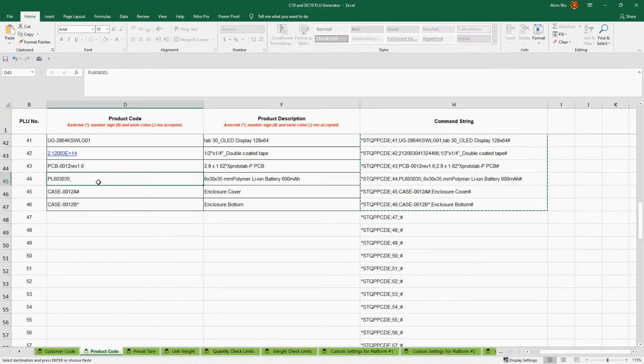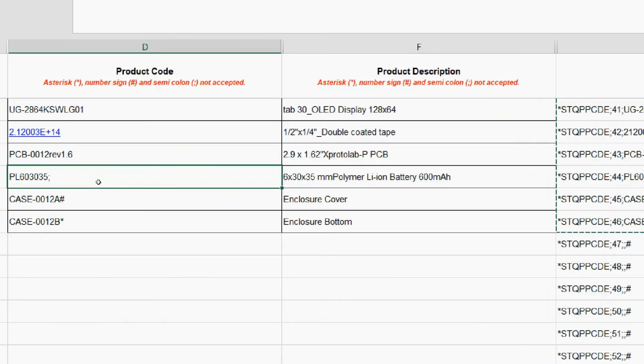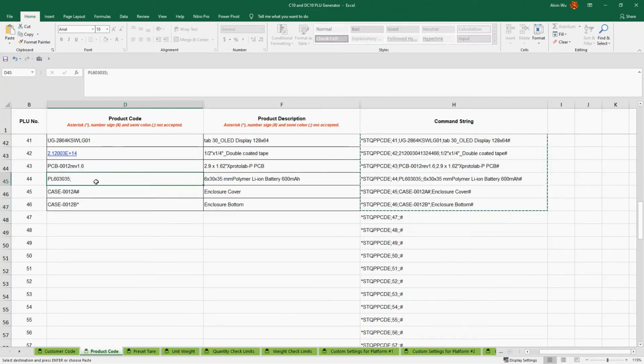As you can see here, there is an illegal character. For this one is the comma. For this one is the semicolon. This one is the number sign, and this one is the asterisk. So what I have to do is to correct whatever error that was made,